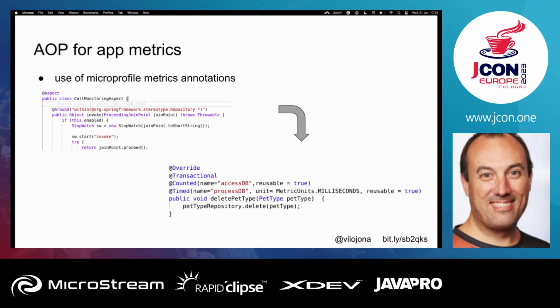As I said before, they are using AOP. Here you can see that it is creating an aspect, and it is saying around every method that is a child of repository, execute this. So what it is doing is getting the time, invoking, and getting the time again, and then subtracting,